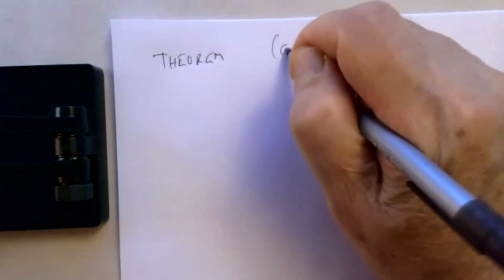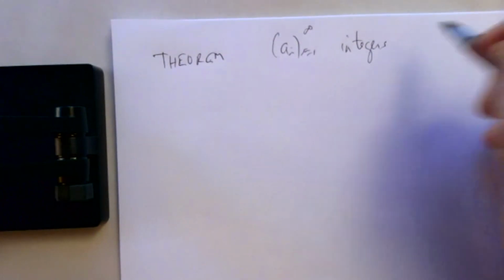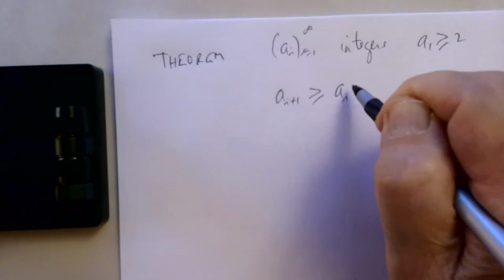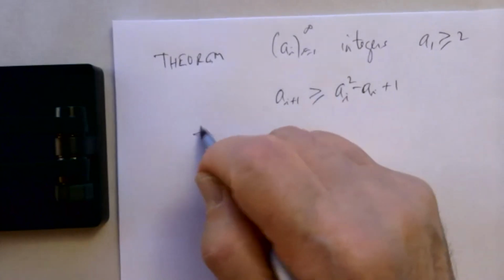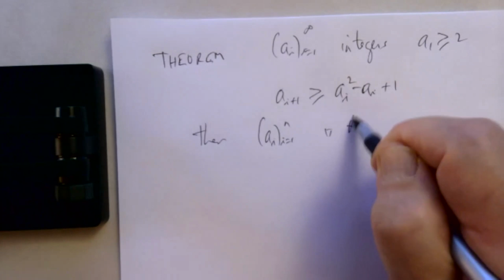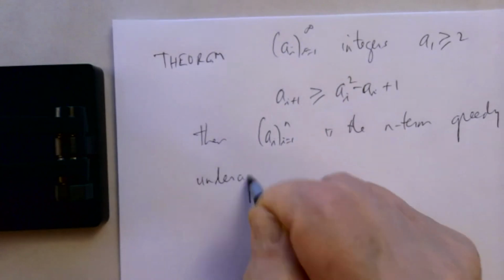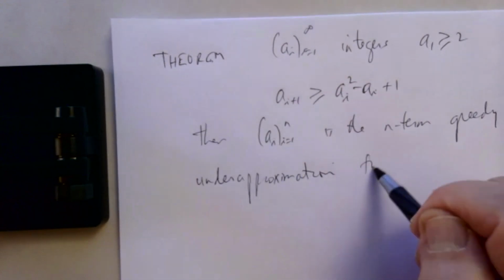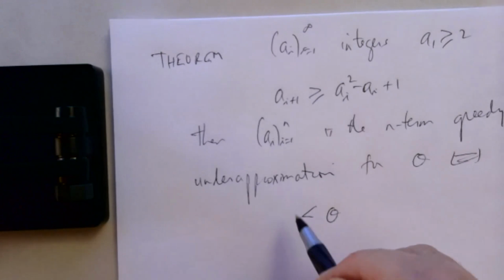It says that if you have a sequence of integers where A1 is at least 2 and A I plus 1 is always at least A I squared minus A I plus 1, then if I take the first n terms, I goes from 1 up to n, this is the n-term greedy underapproximation for theta, if and only if, or precisely for all theta in the interval,